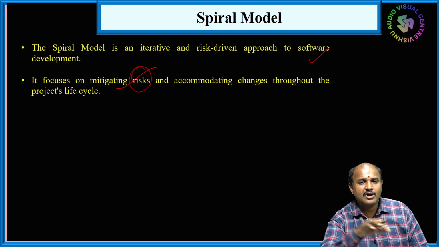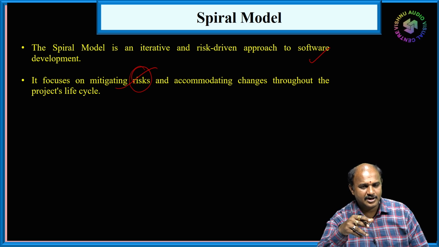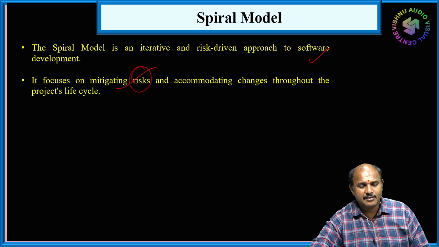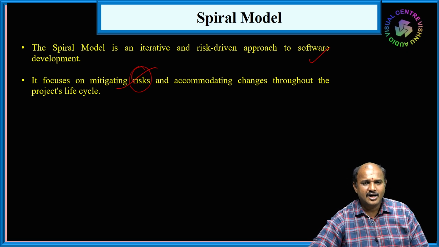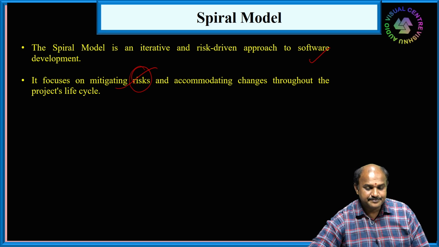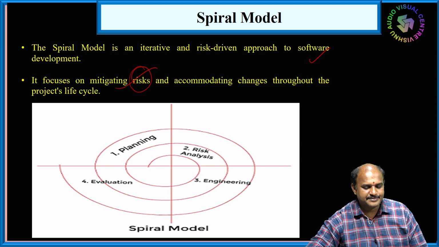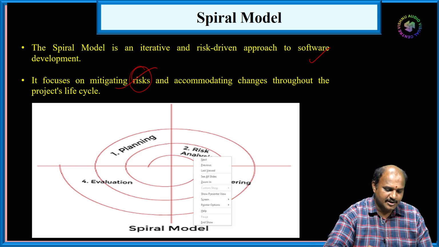The spiral model means all are developed remotely, interconnected by the internet. So that is the spiral model we are going to do. It is very complex, and if we face a problem, it is a little bit difficult to resolve because all are interconnected. And this is the phase. There are 4 steps, which are spirally connected.